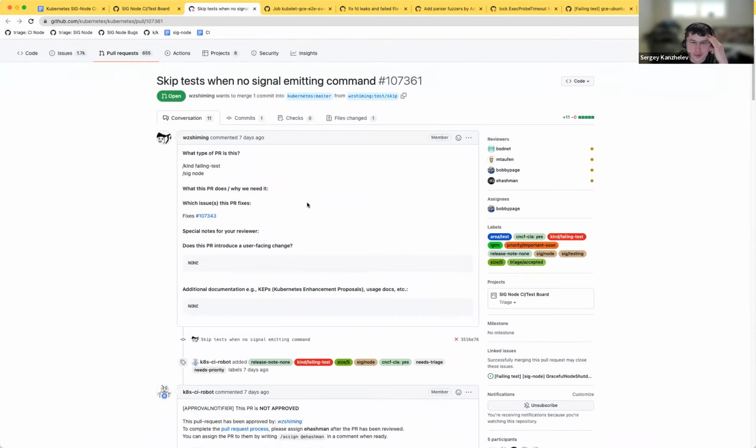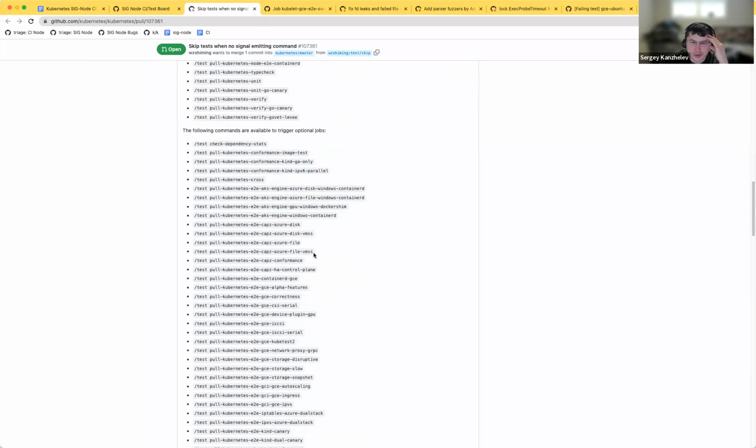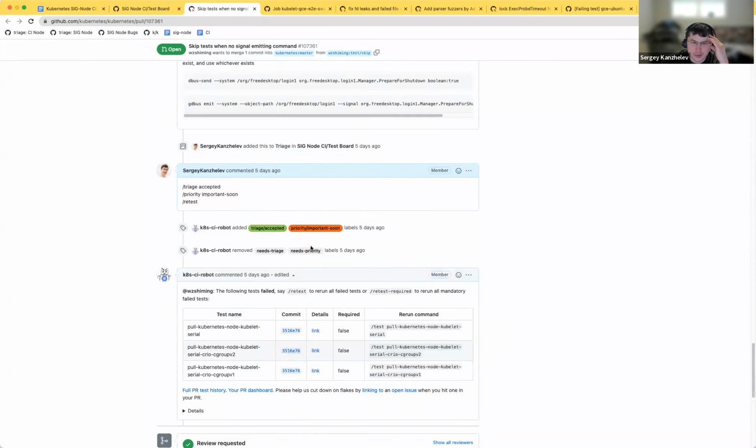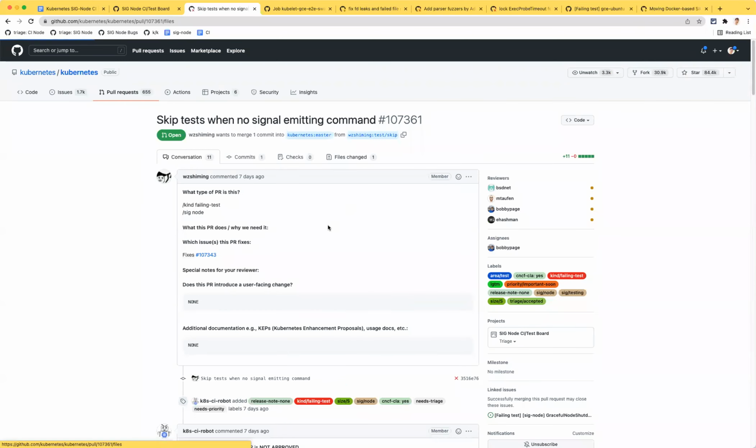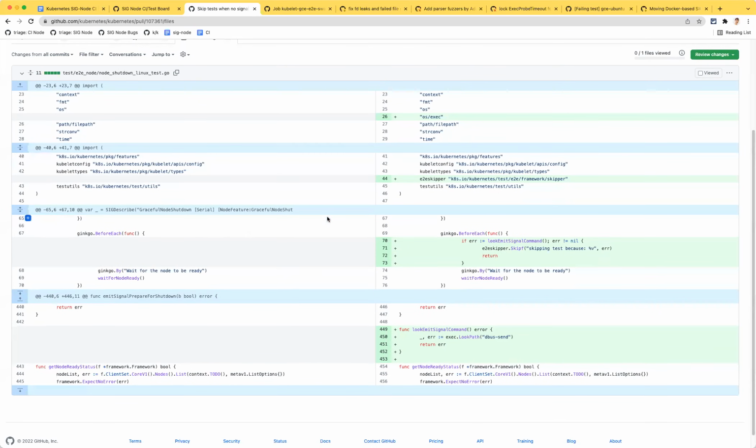Yeah, I think I reviewed this one. It's for graceful termination, right? David, I think you also did it. Yeah, and reviewed this one. I think this was an issue on Cryo or on Fedora where it didn't have a certain command that the other Ubuntu and COS had. So we just skipped the test in that environment.